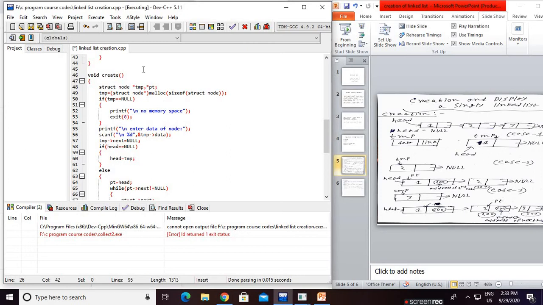void pointer. For storing that address we use this temp, this struct node star TMP pointer, for storing the starting address of that node. But malloc is returning the void pointer, and we do not need a void pointer. We require a struct node star, that means struct node star NW. A struct node type pointer is required.